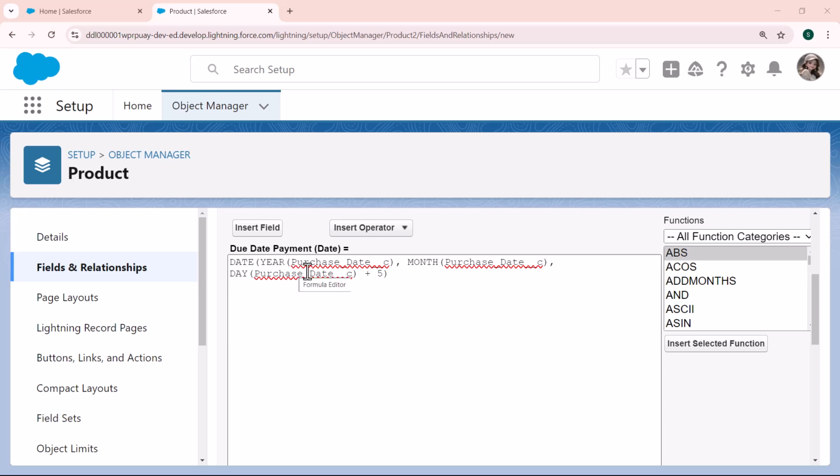Here you can see that I store the date using the DATE function, and after that I fetch the year, month, and day by using the YEAR function, MONTH function, and DAY function. And you can see that I add 5 as the number of days that I want to add to the date. Next, to check whether this formula is correct or not, you scroll down,